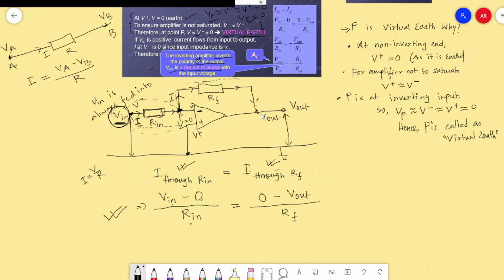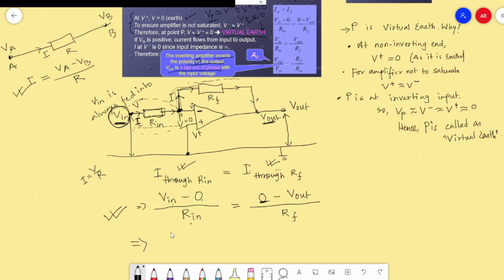So right here we got another junction, the point P, which is maintained at 0 voltage, virtual earth, and here this is the output voltage. This is the direction of the current from P to output voltage. So P is maintained at 0, this is 0 here. The current is the potential difference between these two divided by the feedback resistance. Got it? The current is equal to the potential difference divided by resistance.